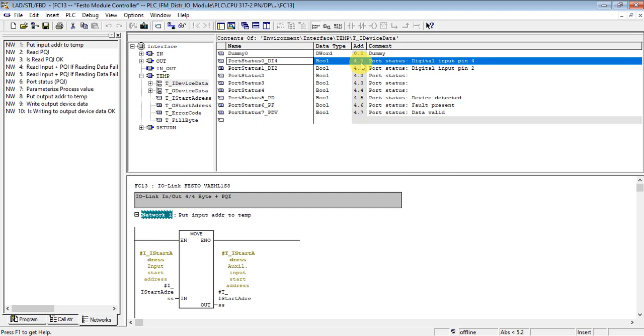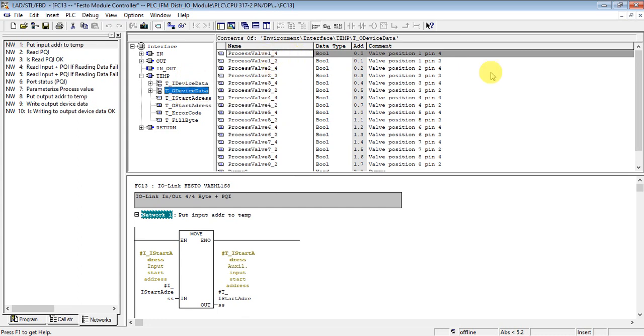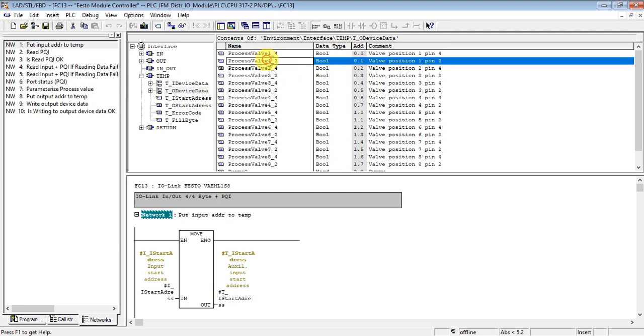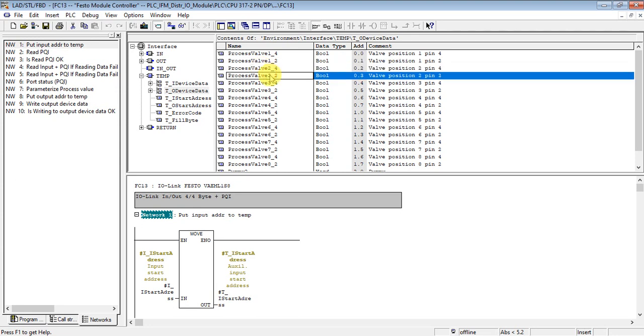Okay. This is what I get from that port to know the status of that port. For the output, I also have to write for opening and closing one solenoid, and also for opening and closing solenoid 2, and likewise for 8 I have to use that one. Totally 16 bits,